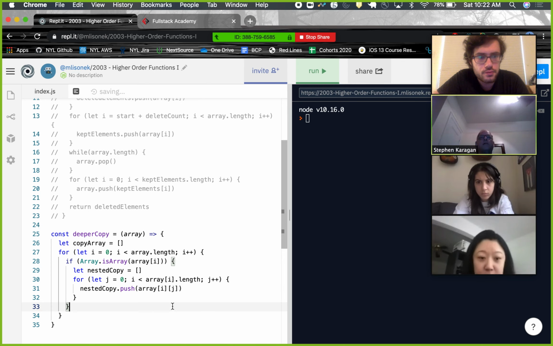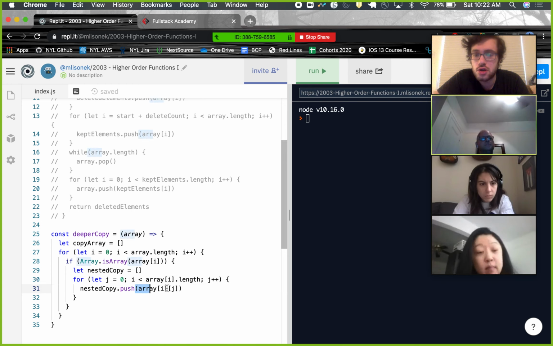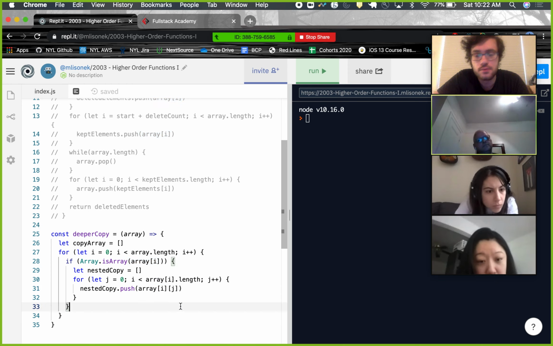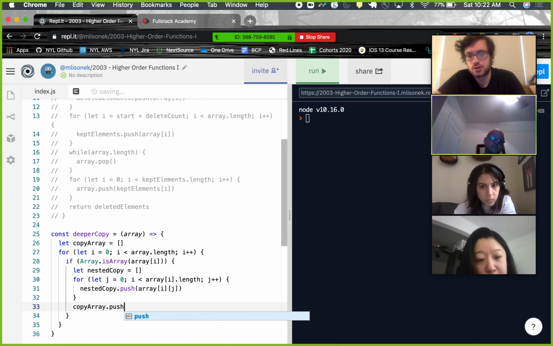Right? Have an I in, oh, this? Never mind, you're right. Yeah, this has to be I because array of I would be this thing, right? That's the thing that we're checking. This is the actual array. So we do another for loop in here for let j equals 0, j less than array of I dot length, j plus plus, and then we push in array at I, which is that array, at j, which is the element in there. Right? Then after that for loop, we do copy array dot push